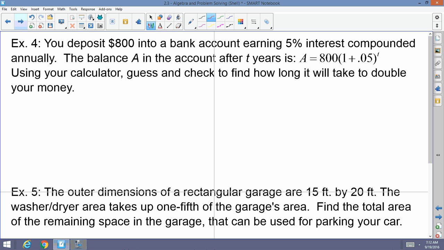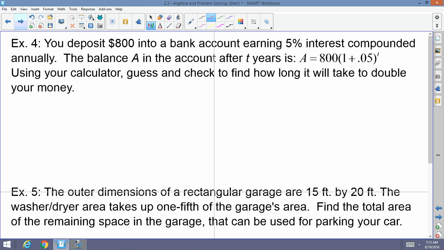The balance A in the account after T years is A equals 800 times 1 plus 0.05 raised to the t power. Using your calculator, guess and check to find how long it will take to double your money. Now, there is a procedure, a mathematical skill that we can use to easily solve this, but we're just not